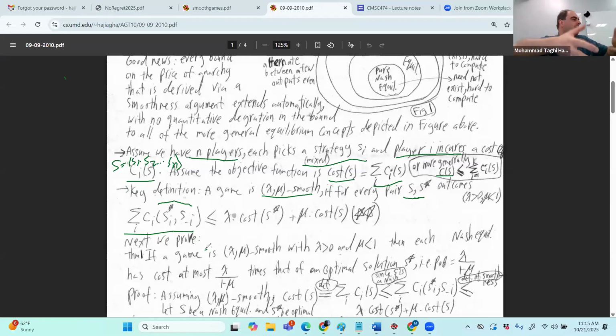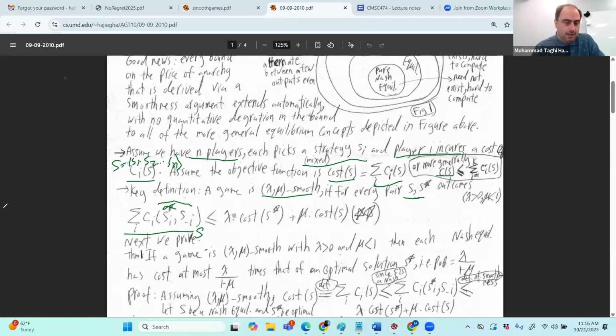What would be the cost of i? For example, in the traffic, what is essentially the time that goes from A to B? The only thing is that when I do this sum over the i summand of this time, I will consider C_i of the profile where, instead of S star, it was just the strategy S. Here, I'm just replacing the i-th component of S with the same component from S star. Then I will sum it up.